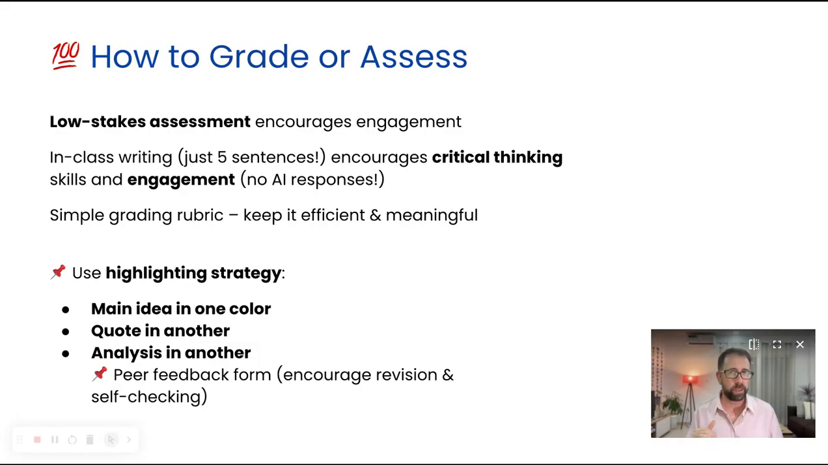And I use a really simple grading rubric. I want to keep it efficient, keep it meaningful, keep it simple. On the back of my reading response forms, I ask for 5 things. Do you have a main idea? Did you give me a quotation with the citation page number? Did you expand that idea? Does it make sense? And I ask them to highlight a few key things just to make it easy to